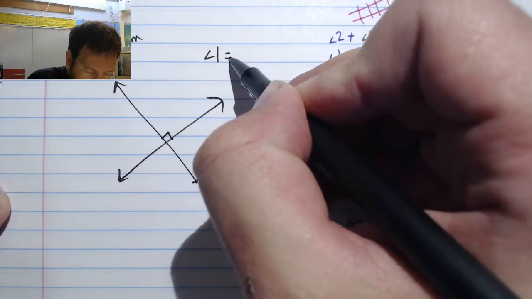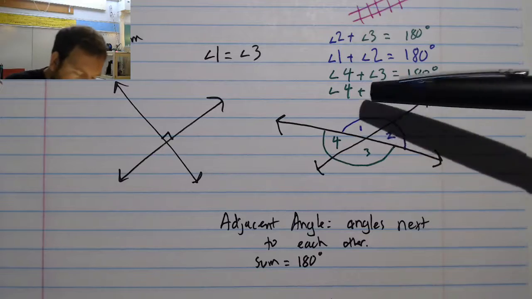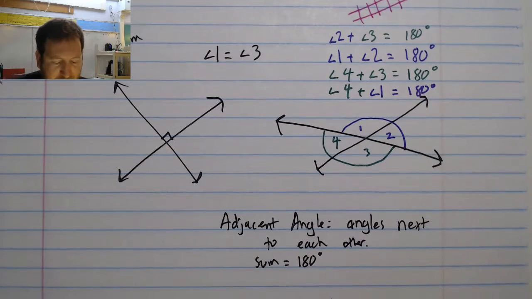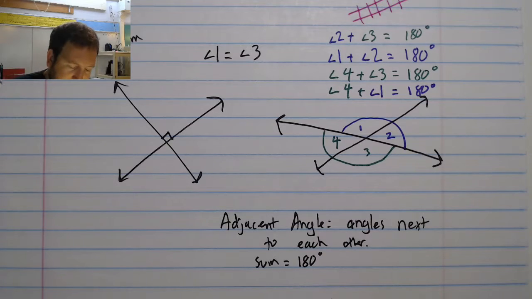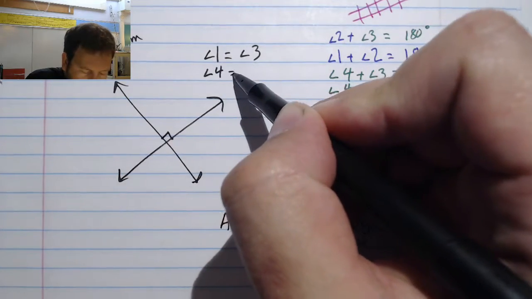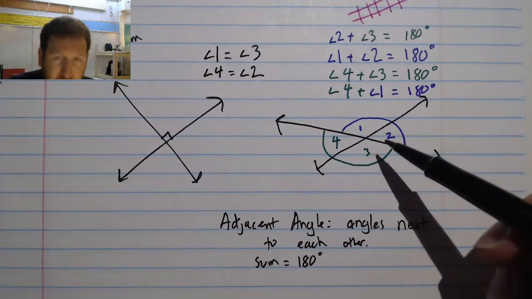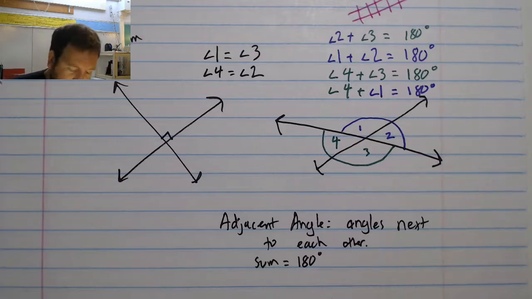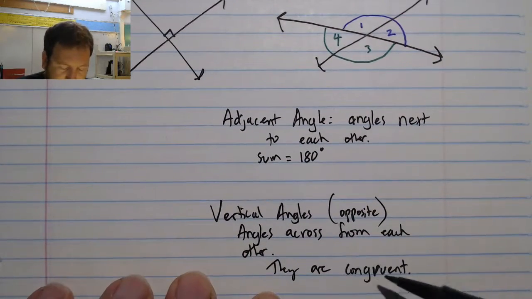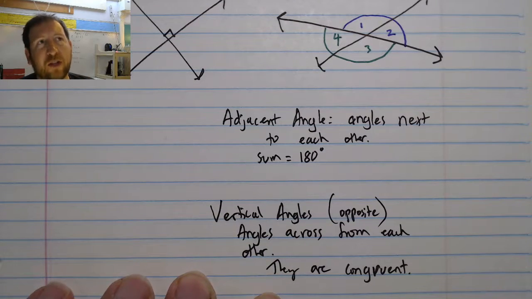Angle 1 equals angle 3. And if you look, it kind of makes sense that when you look across, those two angles would be exactly the same. I can also say that angle 4 and angle 2 are equivalent, or in this case, congruent. We usually use the word congruent, in this case, because congruent fits more with geometry and